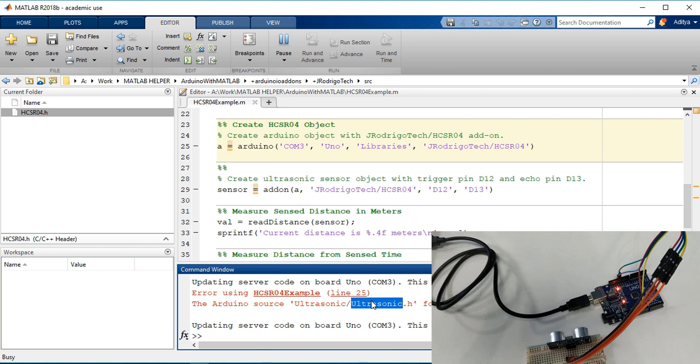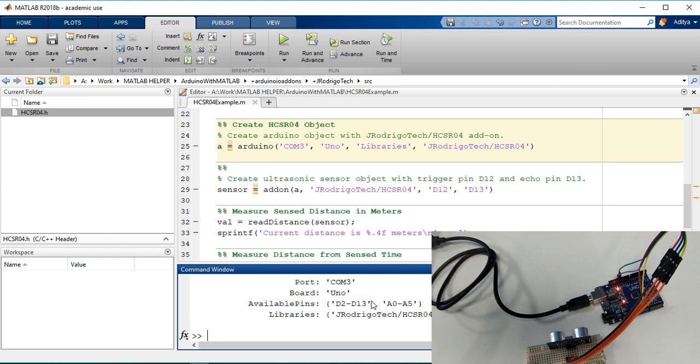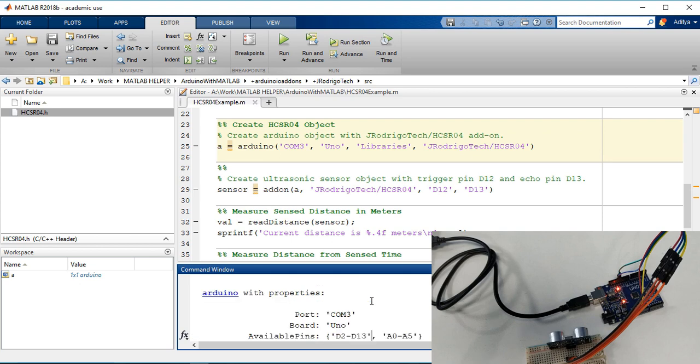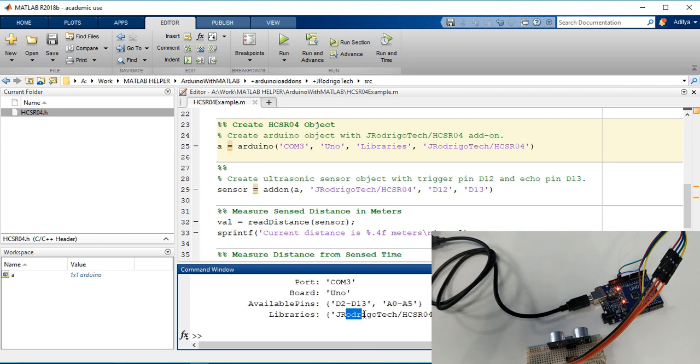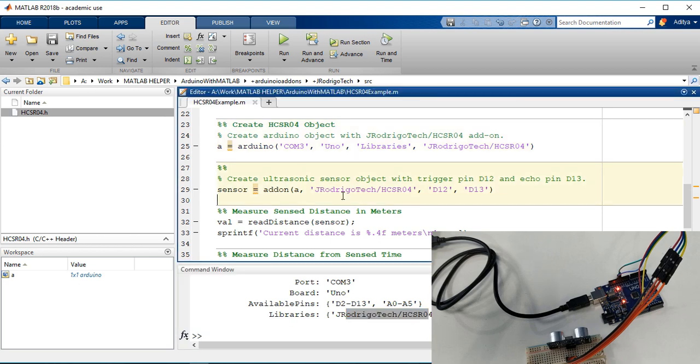So I'm just waiting for the code to go ahead. Okay, so now Arduino has been installed with the libraries which are required, and now let's create an ultrasonic sensor object which will trigger pin D12 and echo pin D13.